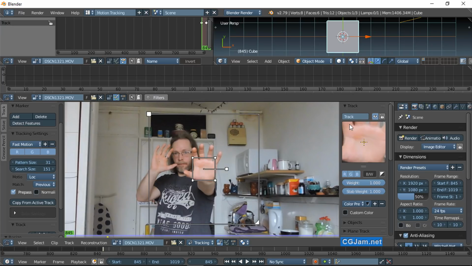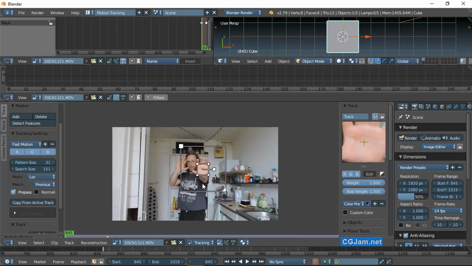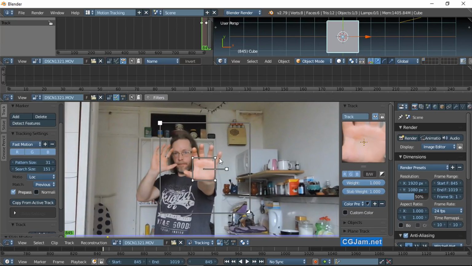This button here allows us to move the whole of the pattern area, but we don't need to use that on this frame. Because we are moving in a circular direction, we will use all of the search area. So now that we've got it in place, you'll notice that the tracking point is really quite large, and this is going to cause not so much a problem, but it will take a lot of resources to work